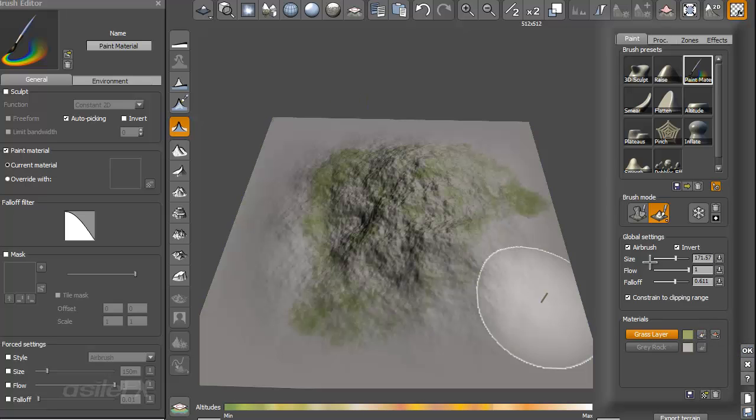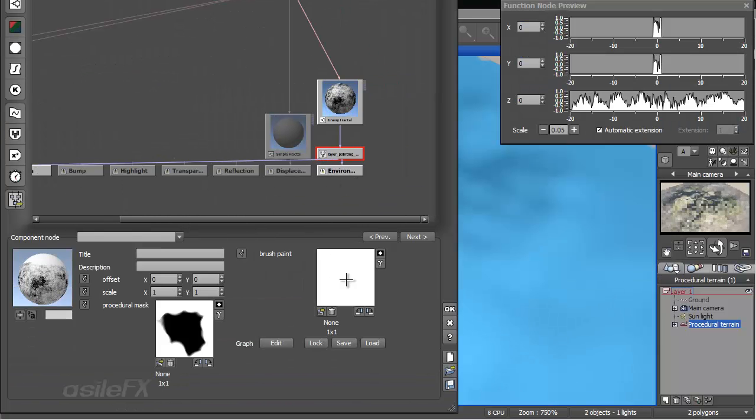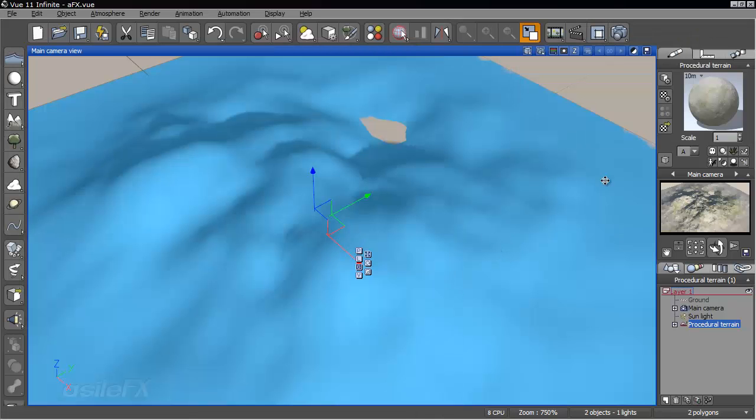So the main painted channel, if we take a look in the layer meta node, is completely white, which would be not showing at all, and then just the procedural mask shows up. Now, one thing I want to note about using the method I showed previously,